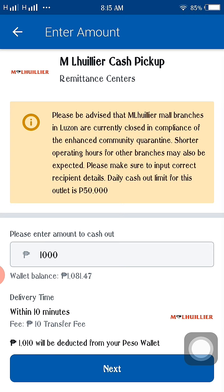So ayan guys, the delivery time is within 10 minutes. And then the fee for 1,000 pesos is 10 pesos yung transfer fee. So you send 1,000 pesos plus 10 pesos for the service fee. It will be deducted from your Coins.Ph peso wallet. So next step is press this button next,